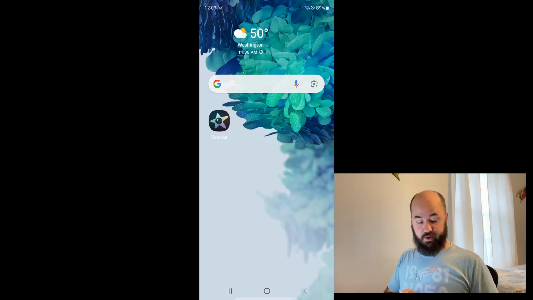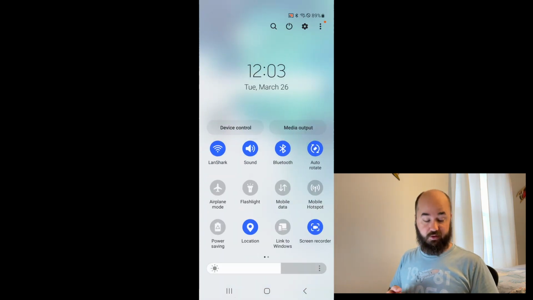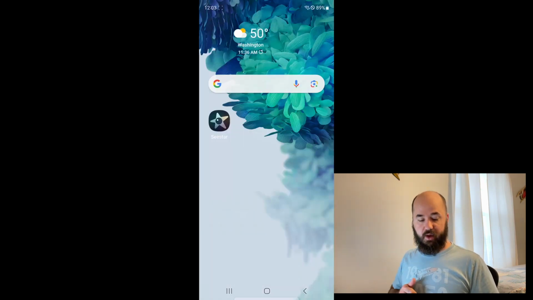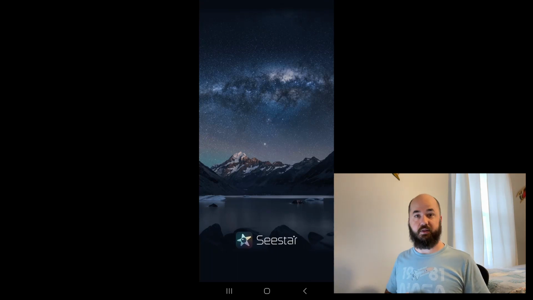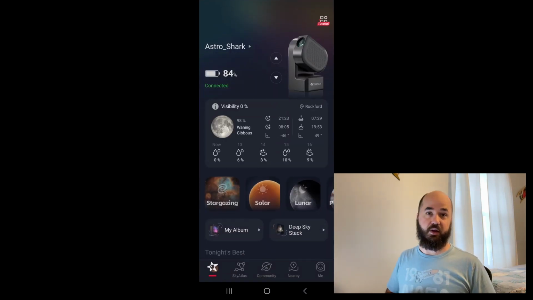Once we ensure that we're connected to the same network, in this case my router's named Landshark, we'll open the app, and if you've already connected to your SeeStar using this, then it should connect automatically. If not, you'll need to go through the regular setup steps. But now we know that we're on the same network and it's connected in station mode,